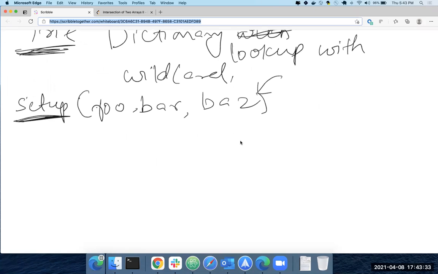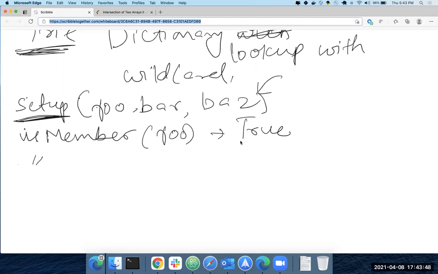So that's the initialization. Now you have to look up and return true or false. For these questions, is member foo returns true, and similarly, sport is false.